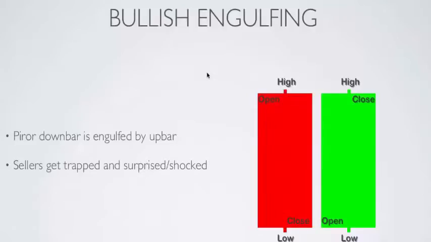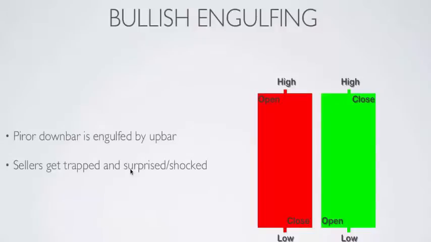The other pattern is the engulfing pattern, and in this case the bullish engulfing. Price opens up here, moves down and closes at the low. That means all the sellers are now making money. But what happens on the next bar? We open and when they rally, it means all the sellers on this bar are underwater, and that's a bullish engulfing.